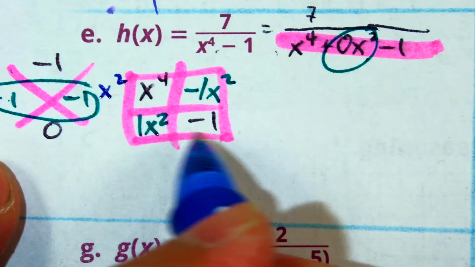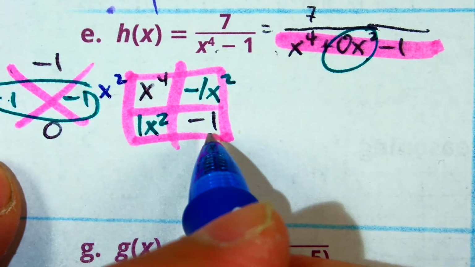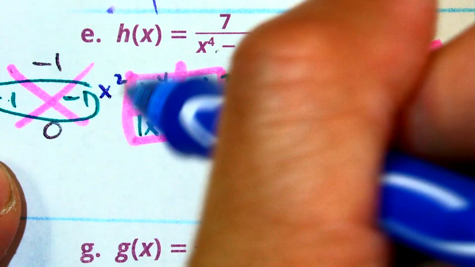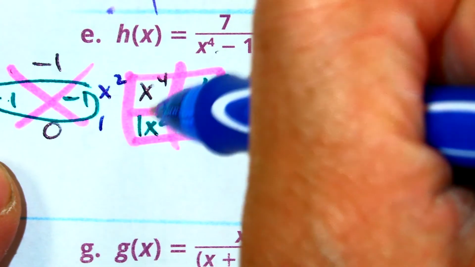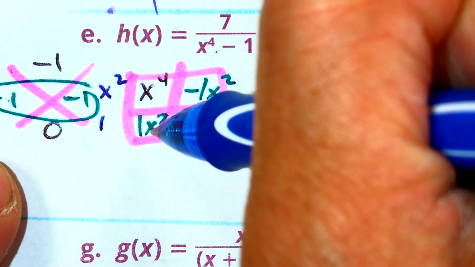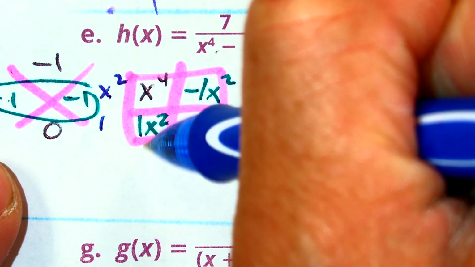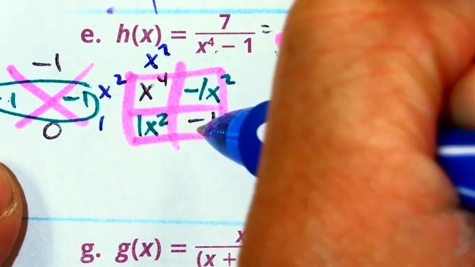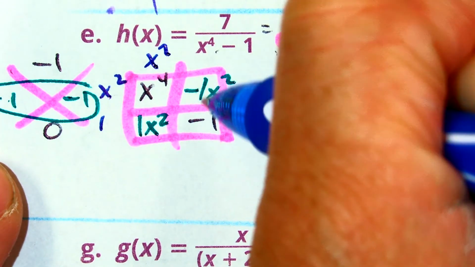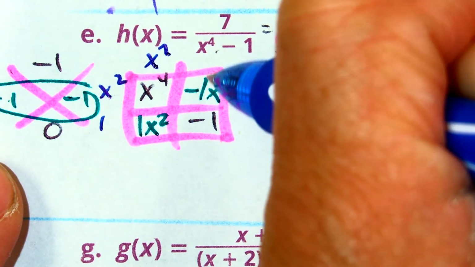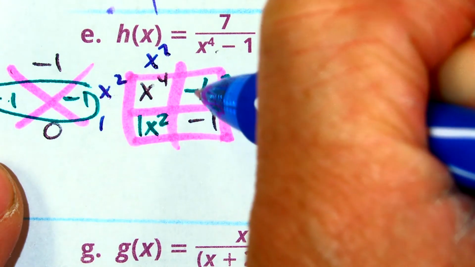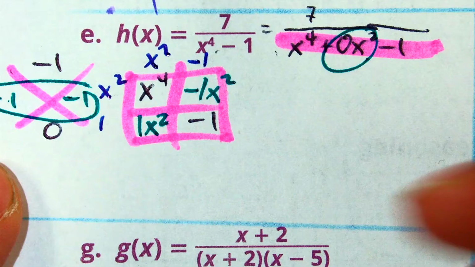What's the greatest common factor this way? 1. And this direction, 1, negative 1. So I'm going to have